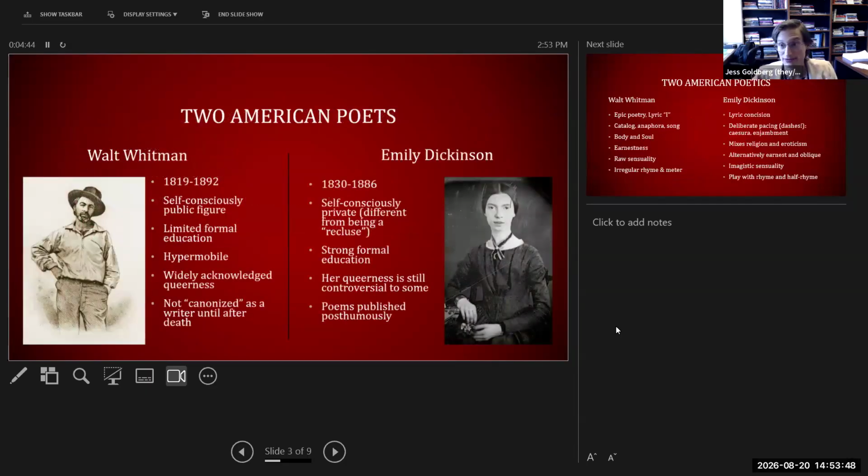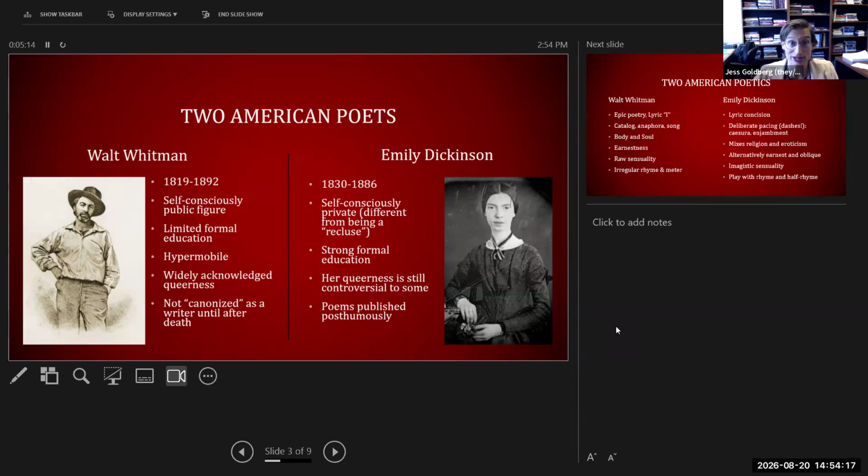So you're going to have two slides from me. This first slide compares them a little bit more biographically, and the next slide is going to compare their poetry. Here you can see that Walt Whitman was a very self-consciously public figure, while Emily Dickinson was a very self-consciously private figure. Walt Whitman had limited formal education. He had worldly education. He was a man who traveled a lot, who had a lot of life experience, right? He was a writer, but he was also